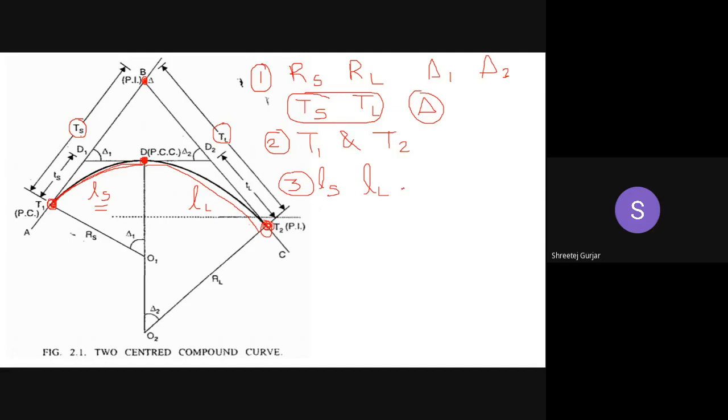Okay, so after this, what you have to do is calculate the chainage of T1, calculate the chainage of D, and calculate the chainage of T2. Okay, we are dealing with chainages. After this is done, in the fourth step, what you have to do,